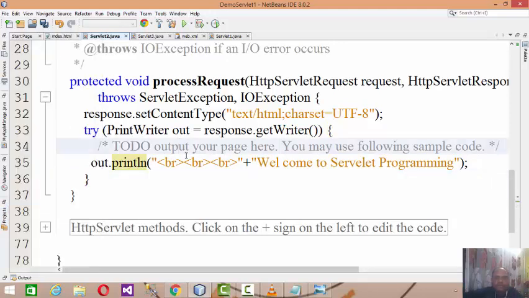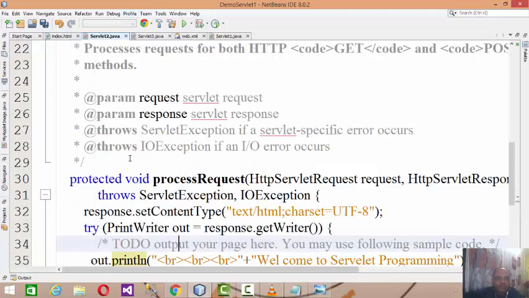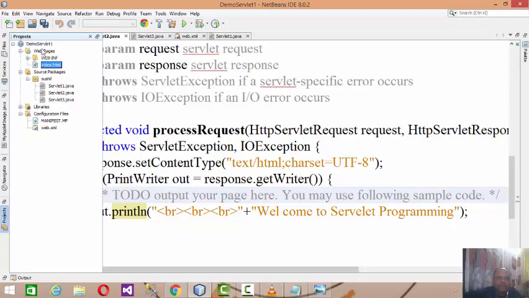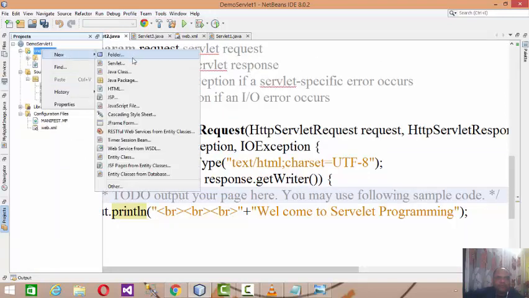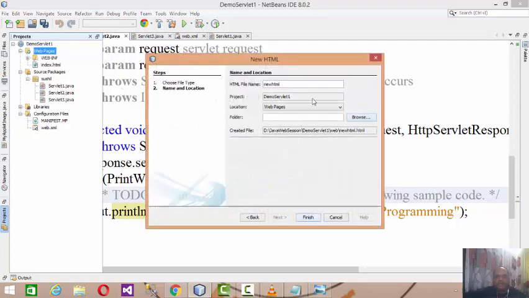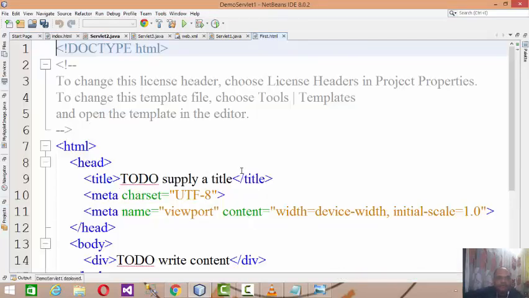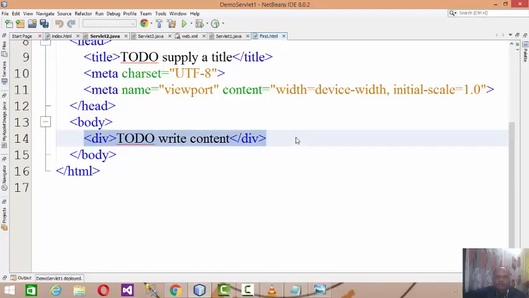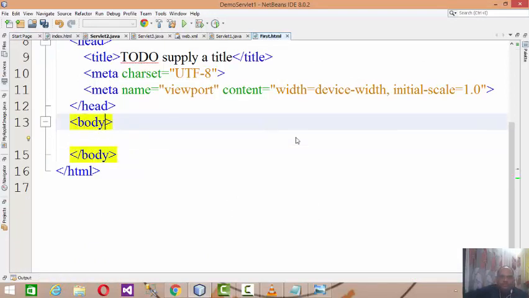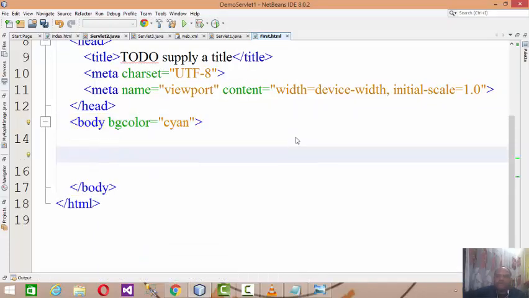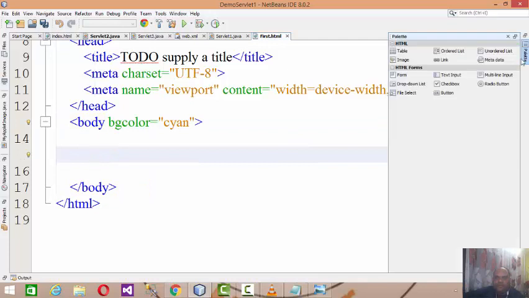Now obviously, to refer to this servlet 2, I need to develop a request page. So I am adding an HTML page over here, maybe by the name of first. In the HTML page, the body bg color equals any color. And here you specify the link.